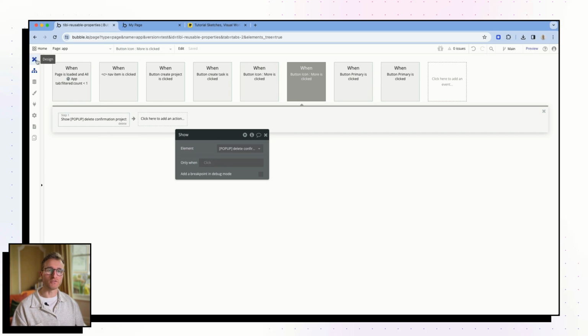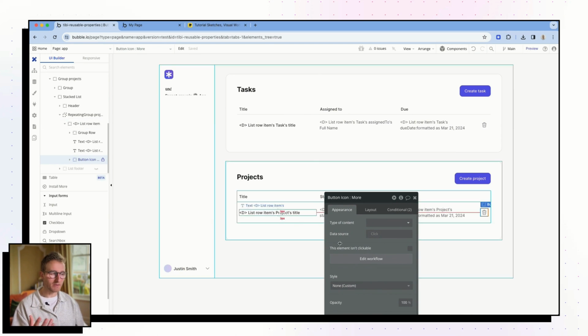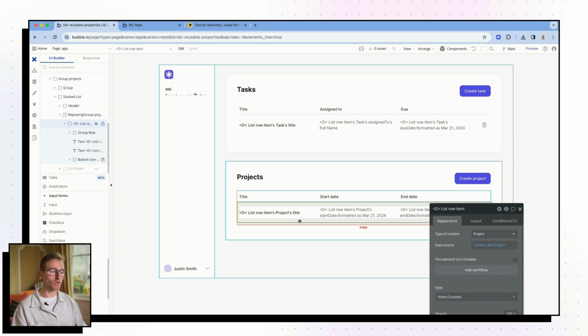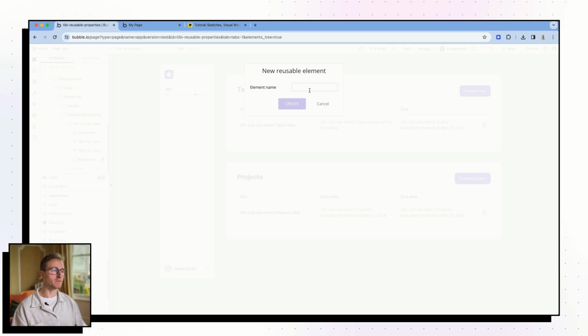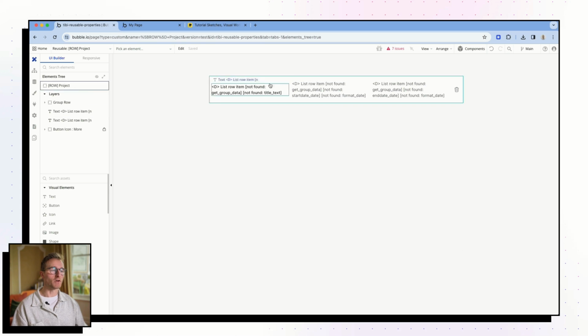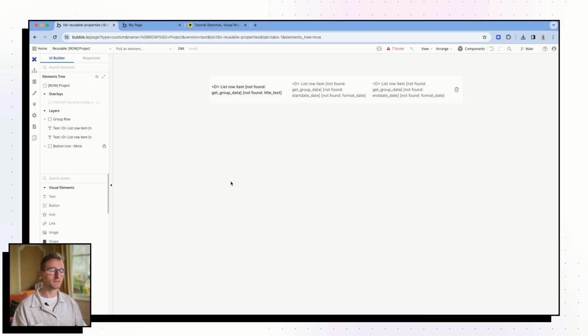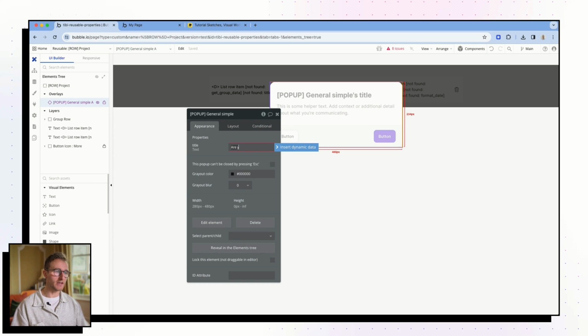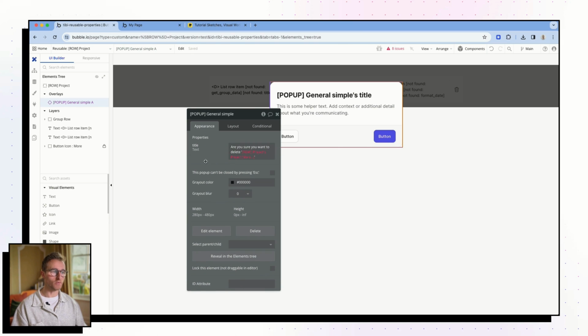Depending on the architecture of your page, this might work slightly differently. What I would actually recommend, which is not how it's set up here just for simplicity, is that this entire row is a reusable element unto itself. So if I was going to convert this to a reusable element, we'll say this is a row project. I'm not going to configure everything here. The data source of this reusable is a project. Our pop-up general simple could live here. And then in the title, we could say, are you sure you want to delete, and then add in the name from this row project's project.